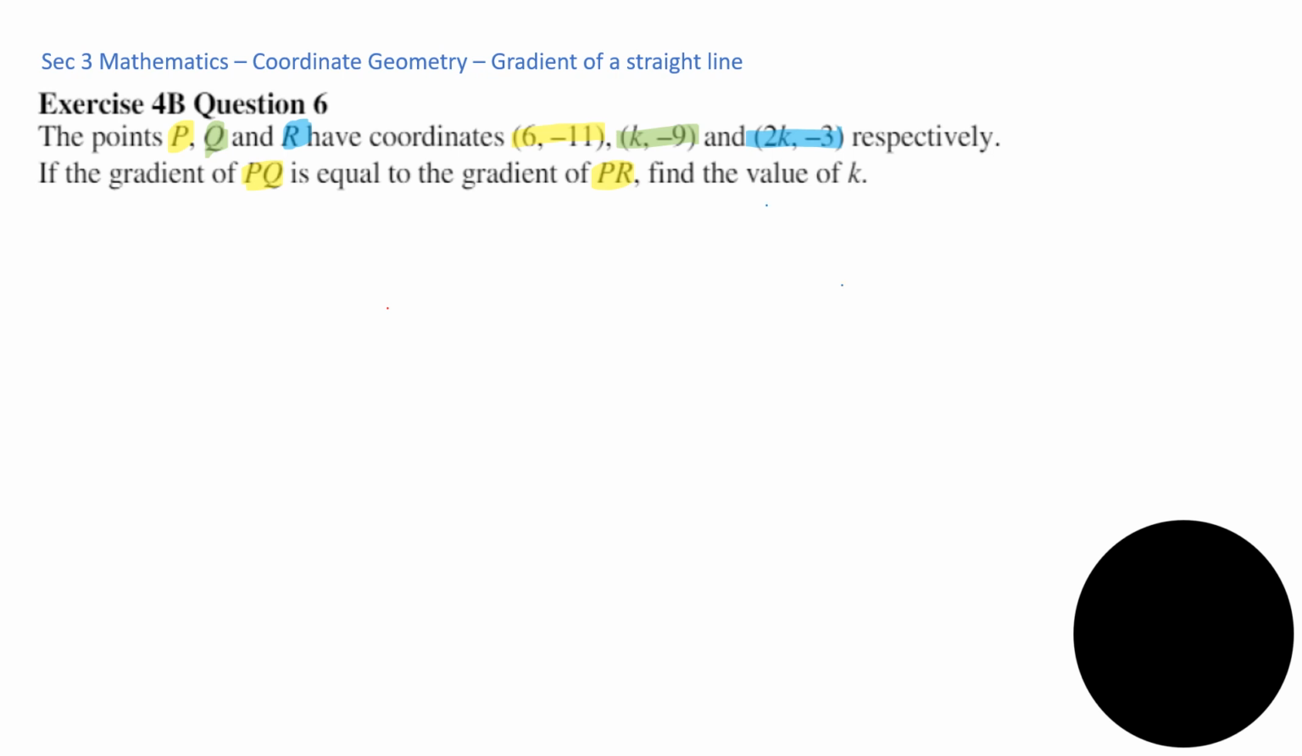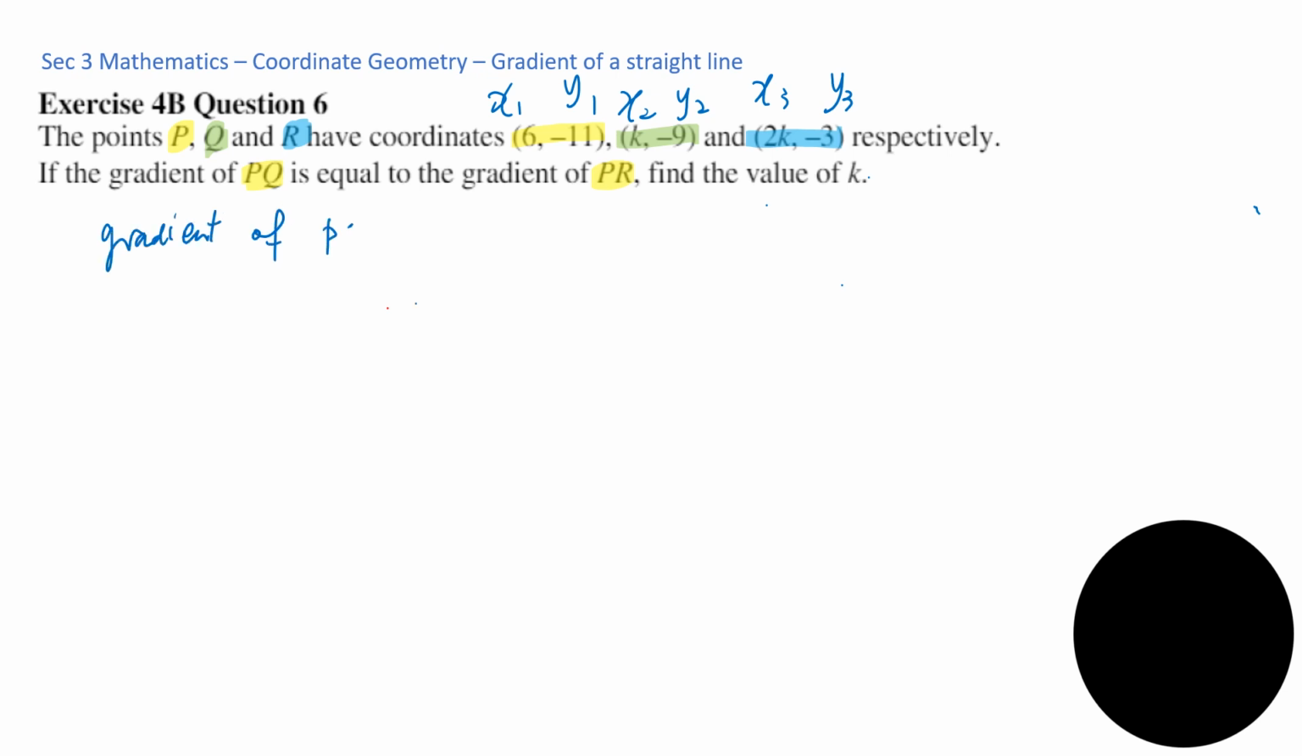This time around you have 3 coordinates, so you can label 3 of them. X1, Y1. Okay, X2, Y2. If you want, you can also call this X3, Y3. There are 3 of them. Okay, then you use your formula to find the gradient. So let's try. So gradient